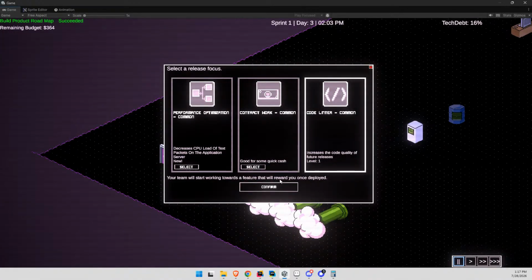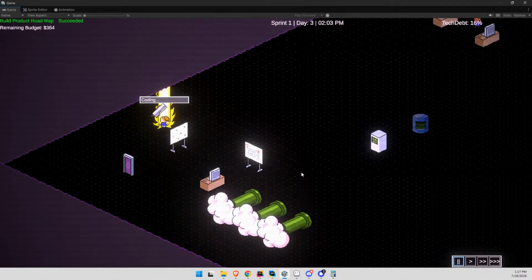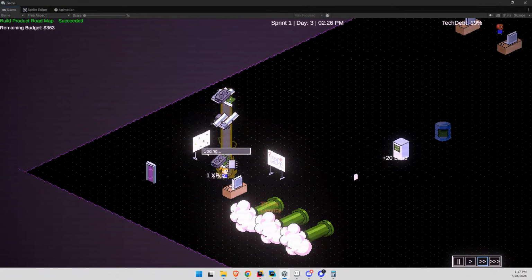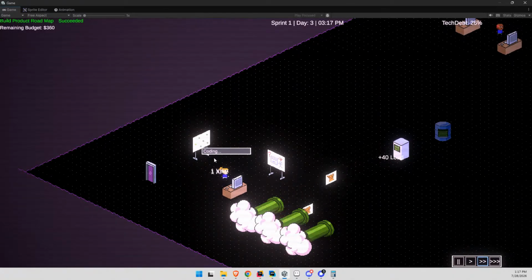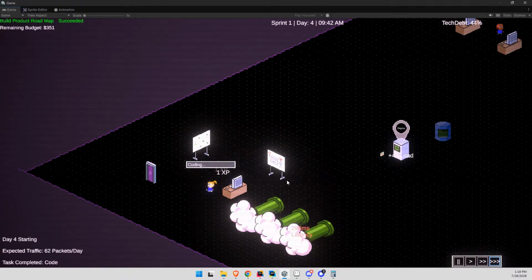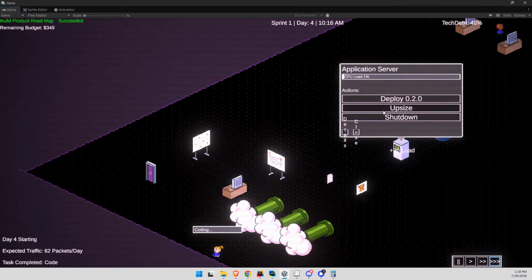Code Linter, we're going to do that one. Same reasons. Yes, they're stuck in coding there. That's interesting. And don't they usually code at their desk? No, they're actually coding. Okay, there they are. They're going back to their desk. Yeah, it's not going up though right now. I just added that, so unfortunately that is in the release that's on playtest on Steam right now. By the way, if anybody wants to playtest this, go to schematical.com/techdebt to get on the list.